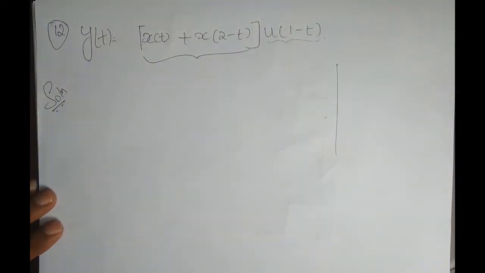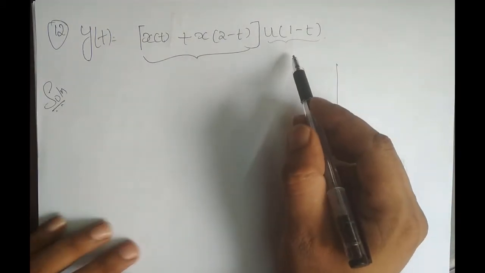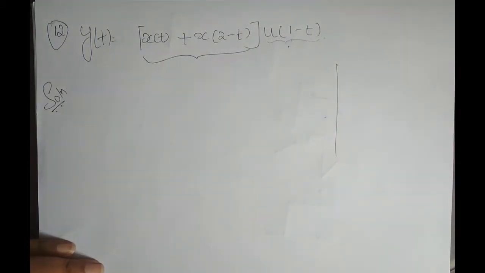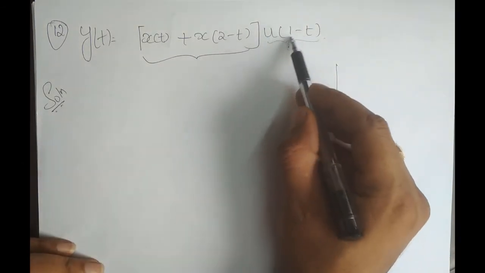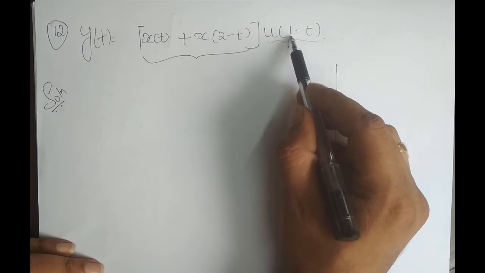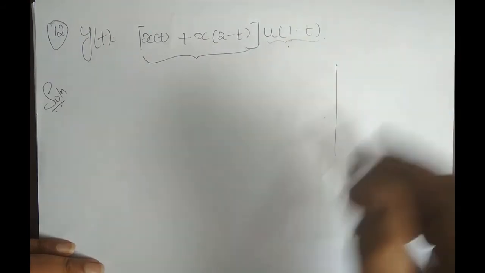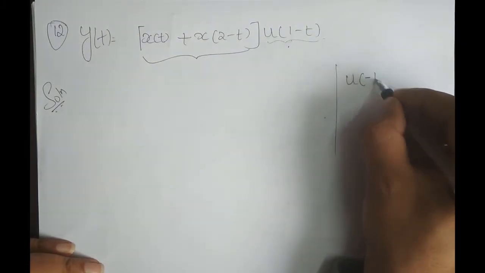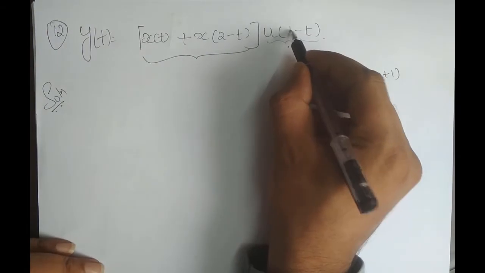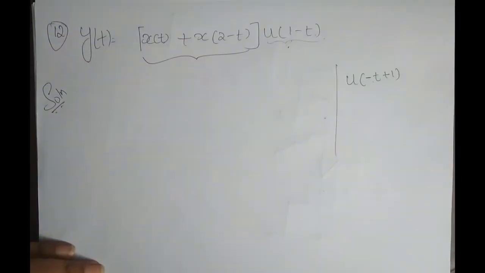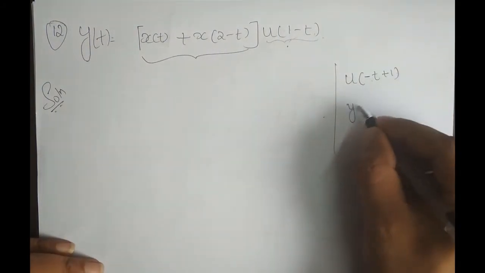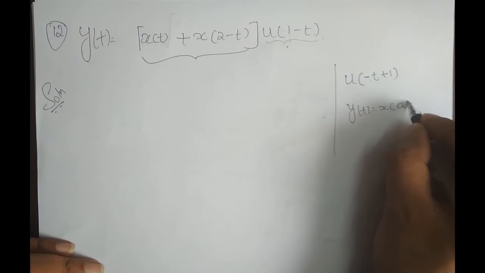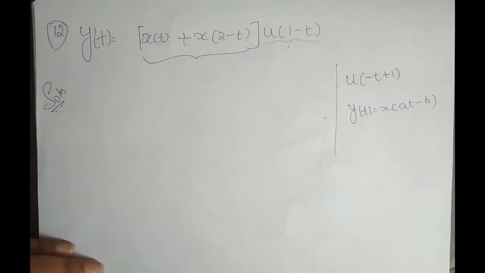Now just before you sketch blindly, before you sketch the signal, you have to check whether this involves the precedence rule, right? Now, is it in the standard form? The first thing is, there should be a time variable here, but here there is no t. So we rewrite it in terms of the standard form. So I can write it as u of minus t plus 1, right? So plus 1 goes here, minus t comes to the beginning. Okay. So the first term should always be the independent variable t. Now this is of the form y of t is equal to x of at minus b, right? Correct, no? So this involves the precedence rule.